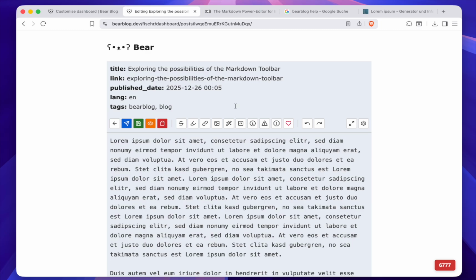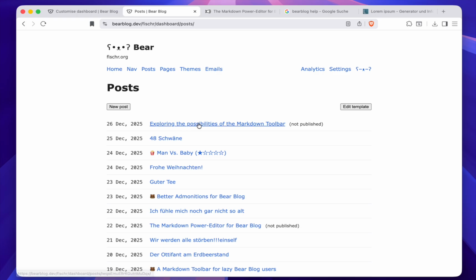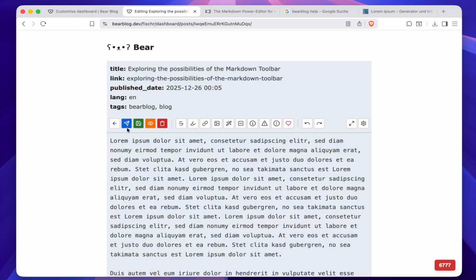Click save. Yeah, as you can see, the toolbar looks very different right now. A lot of these buttons I don't use often, I disable, so they are gone. And now we have some more new buttons. Let's explore them together. Let's start maybe with the buttons you can see on the left side. If I click the arrow, I go back to the list of my posts. Then this is the publish button, then there is a save button, also very easy, and